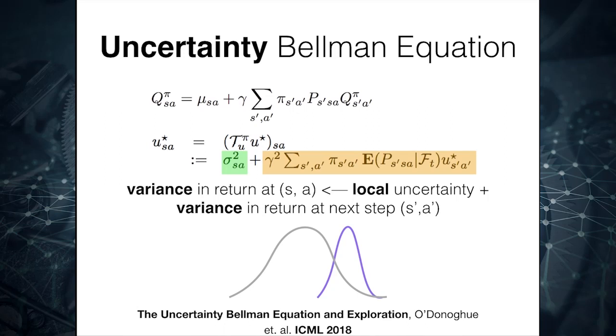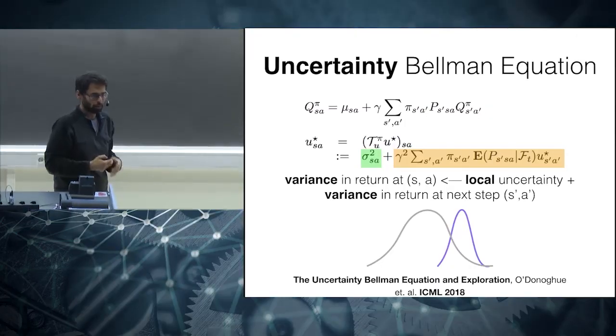So as the name suggests, it's kind of that. The Bellman equation relates the value of the state and the next state through this Bellman equality, right? The current state's value is some reward plus discounted return from that point onwards. Similarly, in addition to value, this paper shows you can also model the uncertainty in the same way. So this is the uncertainty for a state, the long-term uncertainty.